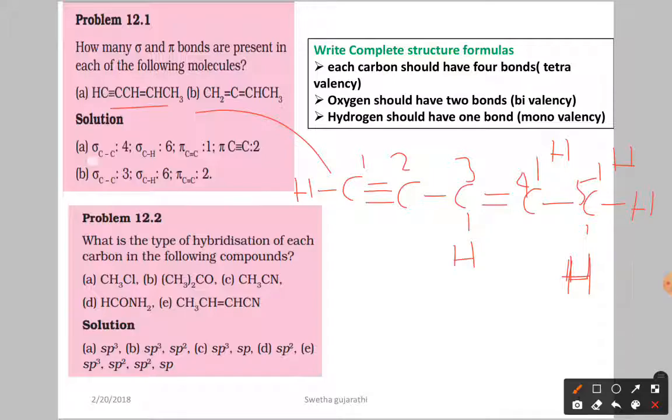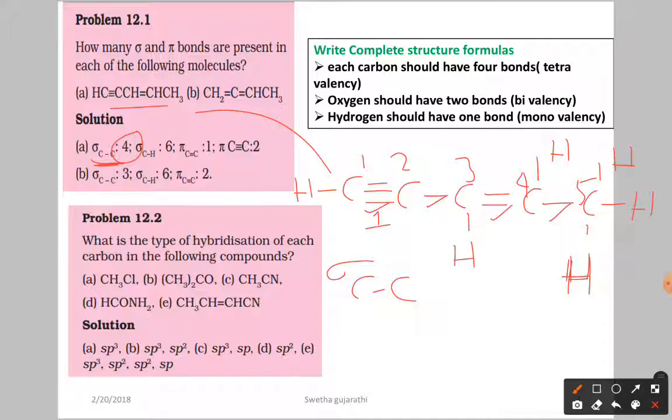Let us see here. Here we have the carbon carbon sigma bonds. How many are there? 4. Okay, this is first sigma, second sigma, third sigma, fourth sigma. Between only the carbon carbon, not the carbon hydrogen. So 4 over.